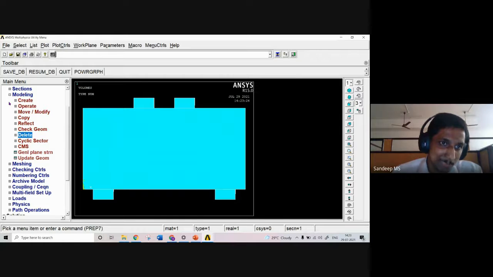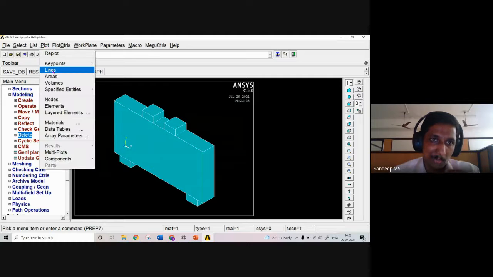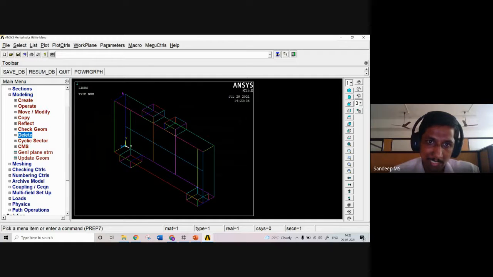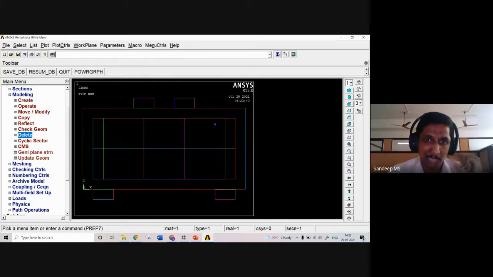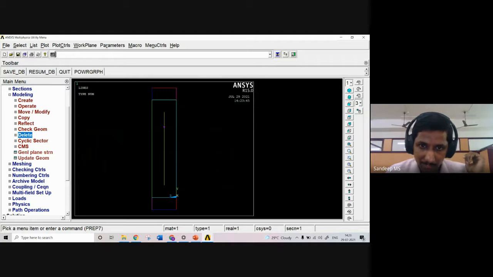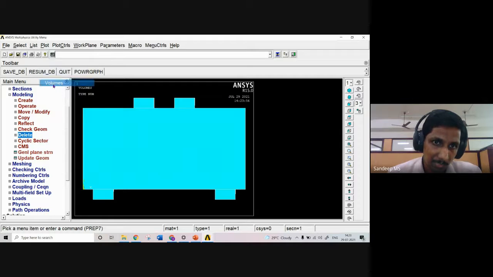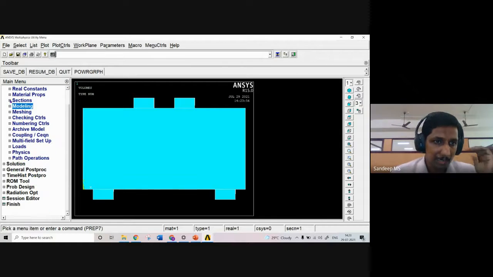Now, I was explaining: say this is our solid model. Suppose you want to have a view inside this. You can go to plot and plot the lines alone, so that the edges will be plotted here. You can see the lines, and from the front view you can see the reinforcements, the beam, the bearing plates. If you take the side view, you can see the reinforcement is exactly as required, at the mid part. Okay, so I am coming back to volumes. Plot volumes. Now we have completed the modeling part also.